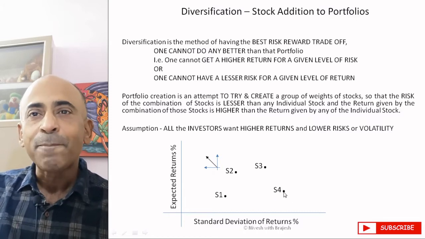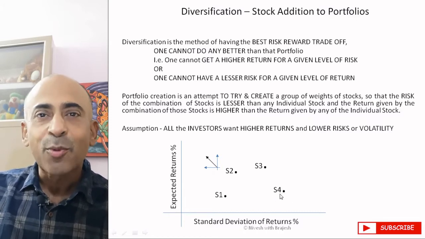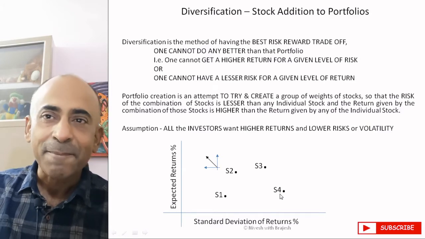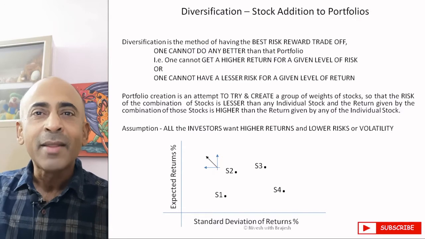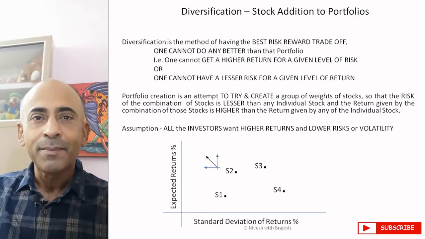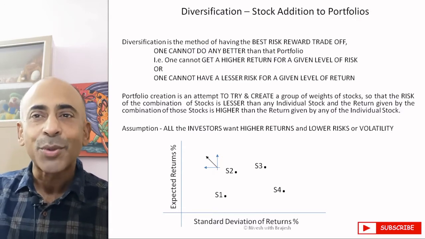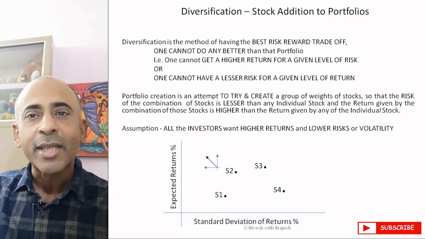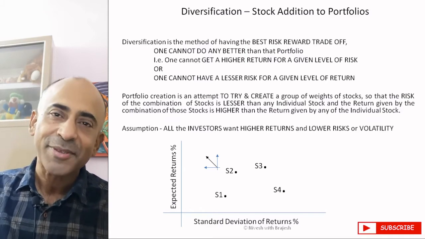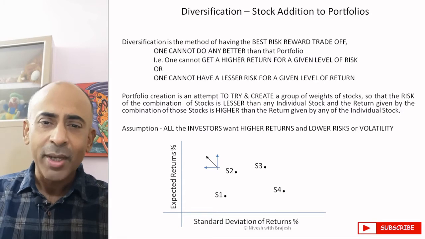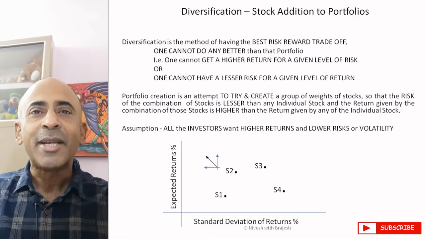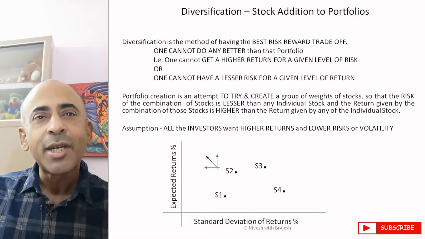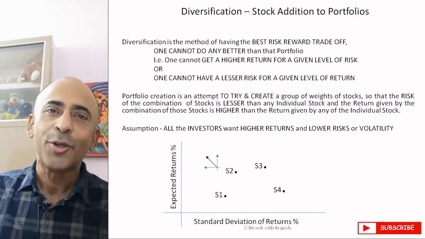But please also note, the data used to plot these points is from the past. Now looking at the randomness of the stock market, it is difficult to say that S4 will always remain like this. In fact, past records have shown that many stocks like S4 can give phenomenal returns at times. So which one to pick is the point, and there is absolutely no clarity. So there is something else that can be done. We can take a combination of certain weights from all the stocks and create a portfolio.